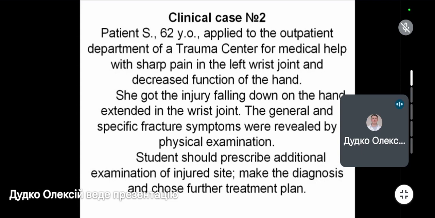How the patient was falling down: please note that the patient was falling down on his wrist joint, which was extended, outbended, and the patient landed on his hand. So when we are talking about the mechanism of injury, the force was applied to the hand, but the fracture occurred in the radius. So the mechanism is again indirect